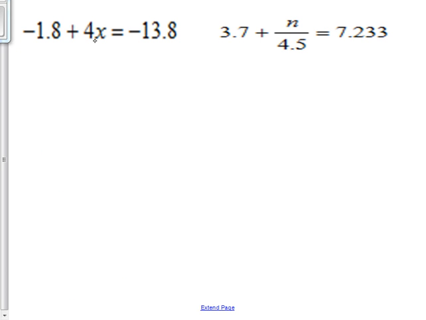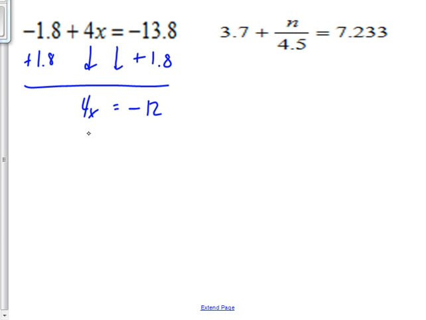Again, same thing here. Am I going to get rid of the 1.8 or the 4 first? I'm going to get rid of the 1.8 because this is just the addition. This is a coefficient, so that's multiplication. So I need to add 1.8 in order to get rid of the negative. So add 1.8 to both sides. Okay, draw my line. Bring my 4x down and my equals. All right, since I owe 13 and I have 1, I'm going to owe in the end, and I just subtract those. So 13.8 minus 1.8 is 12,